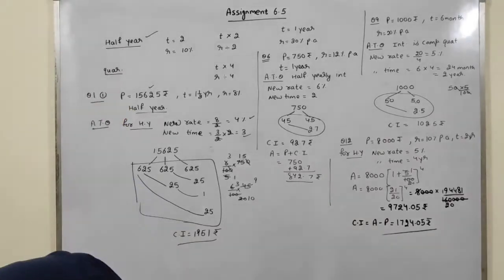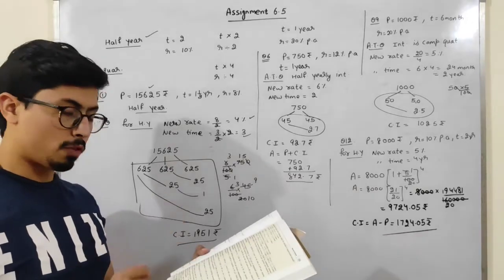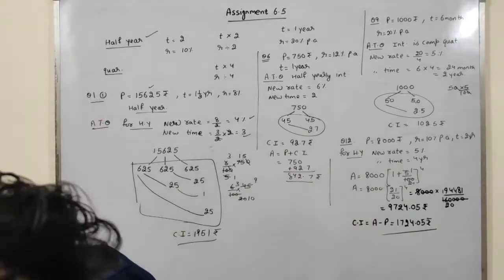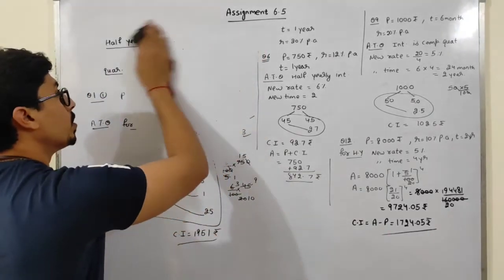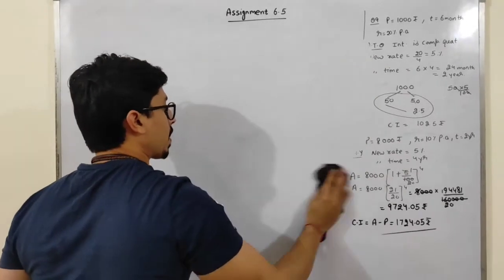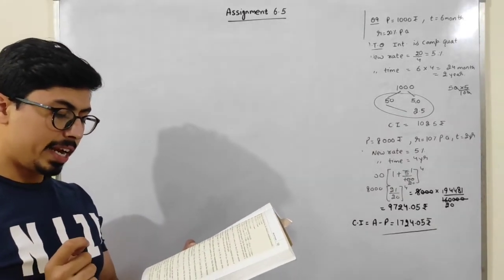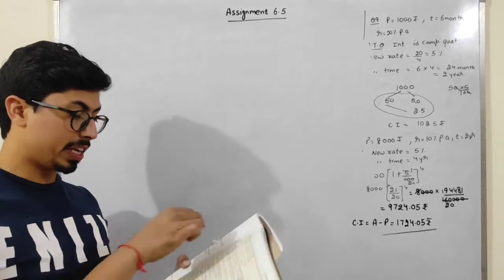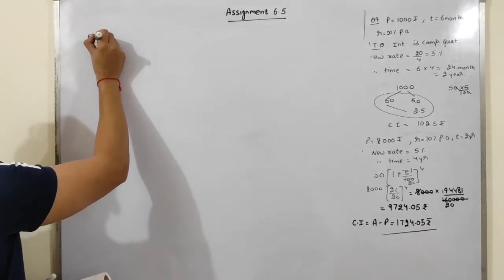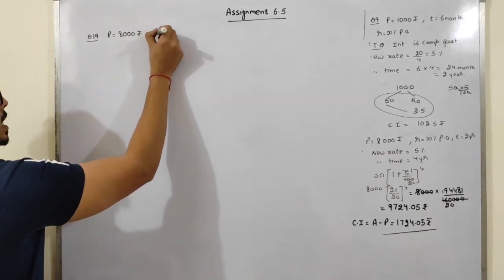Okay. Now students, questions number 18, 19 and 20 are the same type of questions. So I am discussing a few of them. Like if I discuss question number 19, see, in question number 19 what we have to do? Mr. Raghav has deposited 8,000 with a finance company for a period of 1 year. How much money is deposited? 8,000. That means in the 19th question, principal is 8,000 rupees. Time is 1 year.